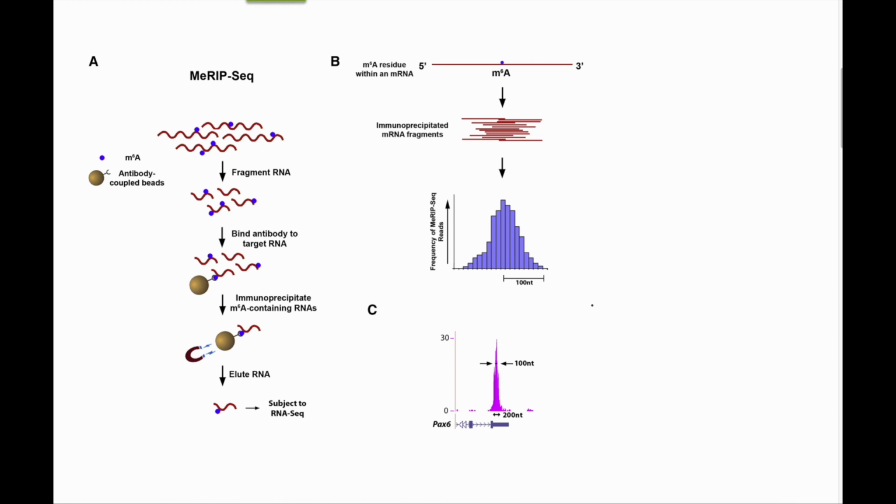And then based on the specific strategy, you would undergo a computational pipeline, as shown here in panels B and C, that allows you to, based on the union of the different fragments, or based on whatever the endonuclease digestion suggests, identify a particular peak associated with the base that you assume to be